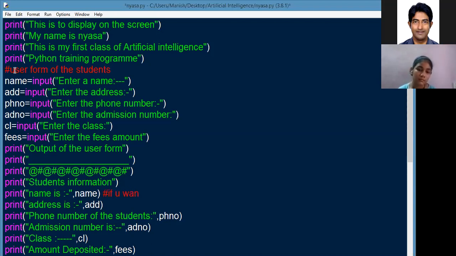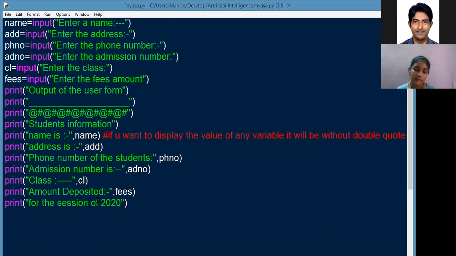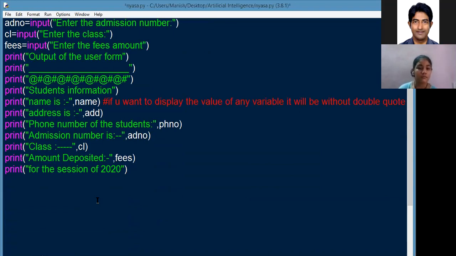If you want to display the value of any variable, it will be without double quotes. Anything you put in double quotation is the statement. But if you want to display a value on the screen, you don't require any double quotation. Okay. Then you will display all the values you have entered.